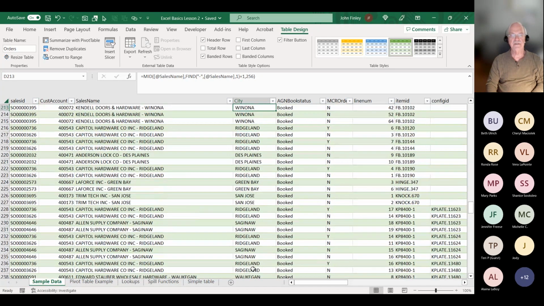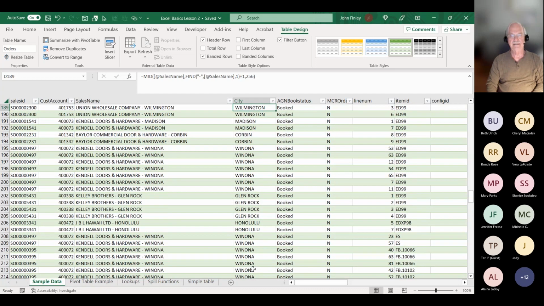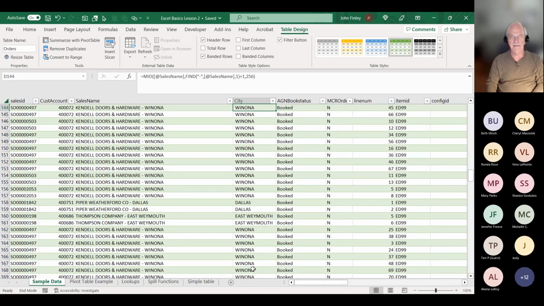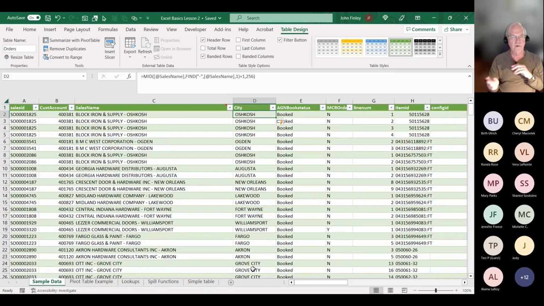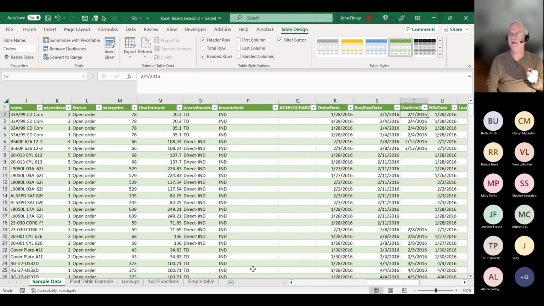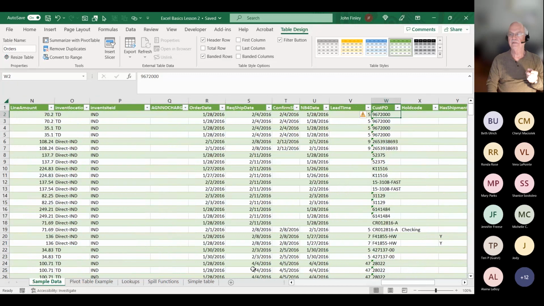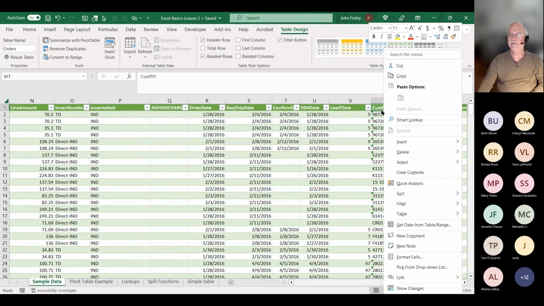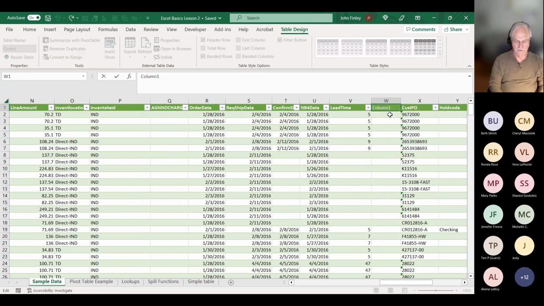So now if I wanted to summarize my sales by city, that would be pretty easy, wouldn't it? Because I now have a field that separates the city from the company, from the sales name. So now that we've got that, we can see how a formula is created. Let's go over here and we'll create one more formula and just show you how. We're going to right click here and insert table columns to the left. And we're just going to say, this is